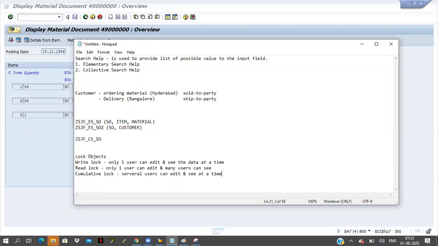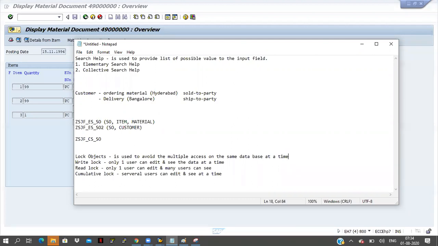Okay, so this is the lock object. A lock object is used to avoid concurrent access, or multiple access, to the same database at the same time.